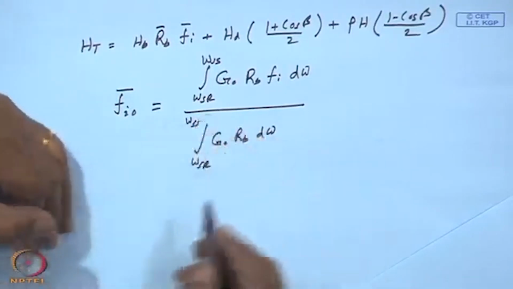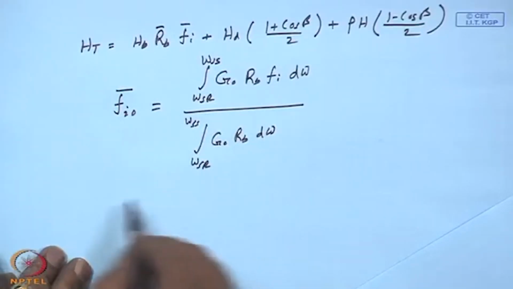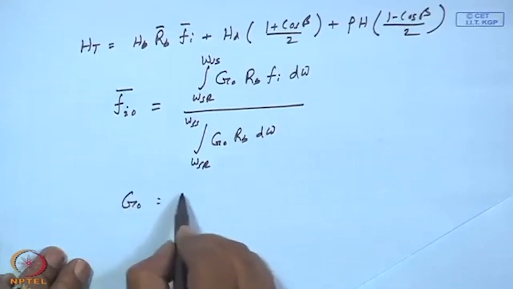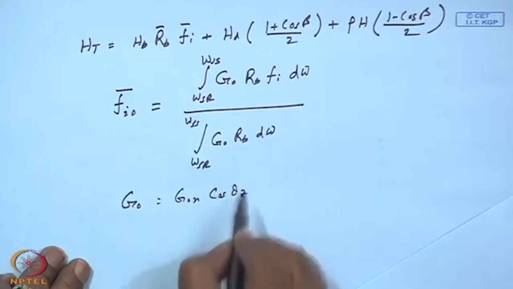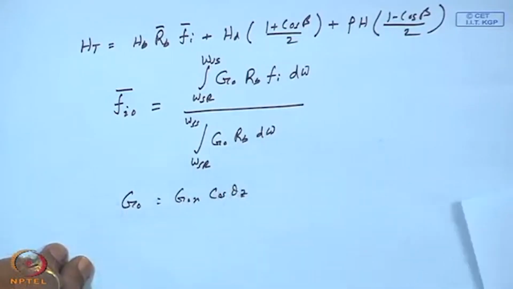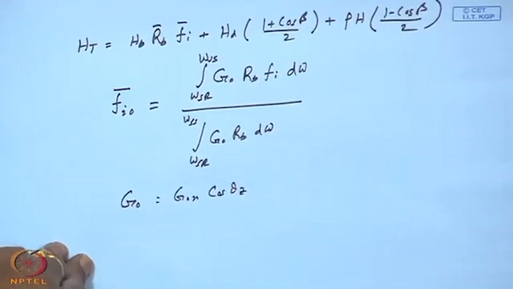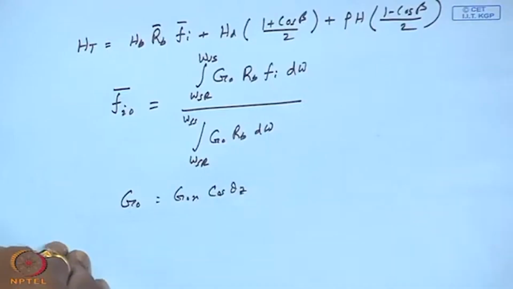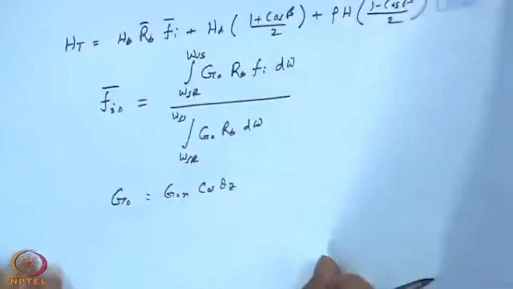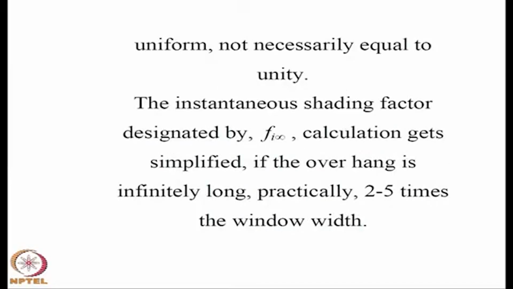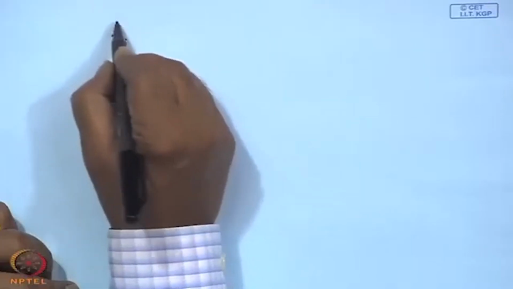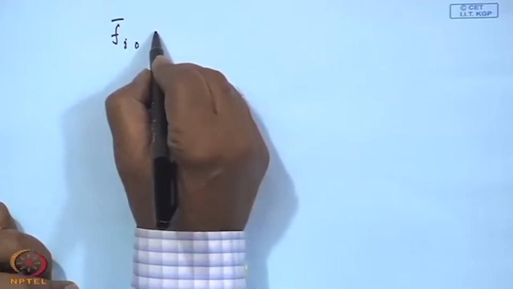G0 we know is equal to G O N cos theta z. That analytical expression is known, and though R B is known to us, we still do not know Fi. So, this Fi bar 0 will be